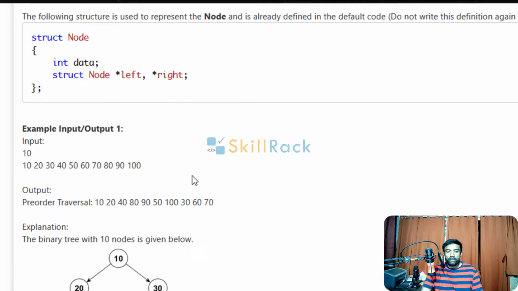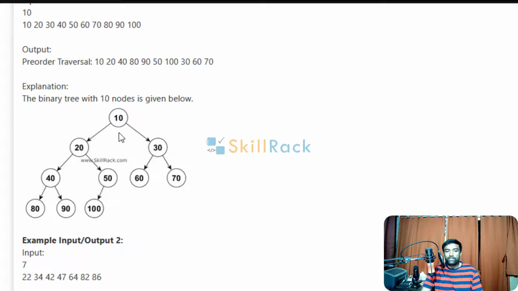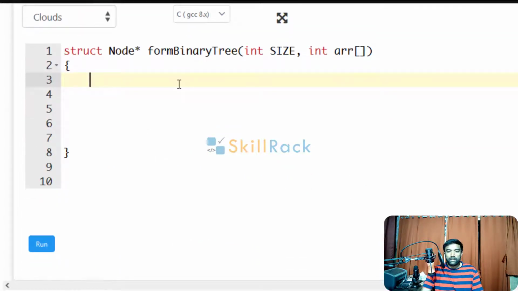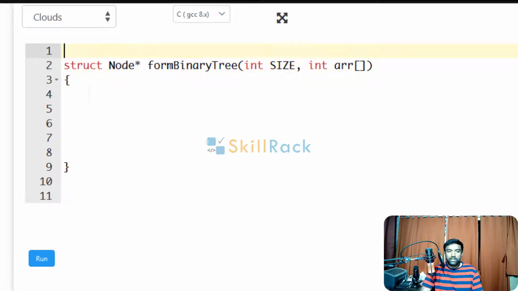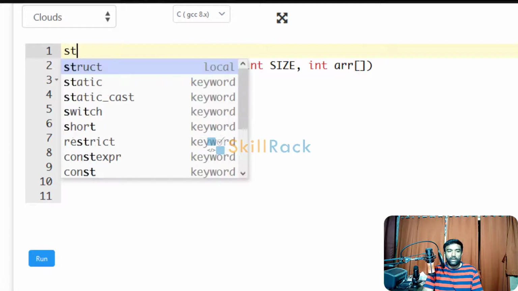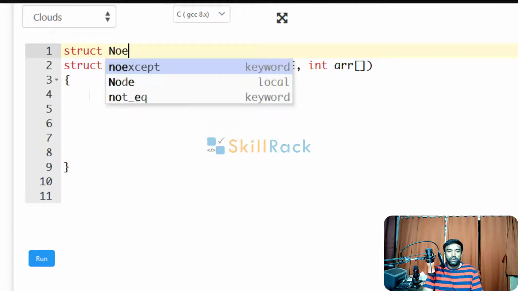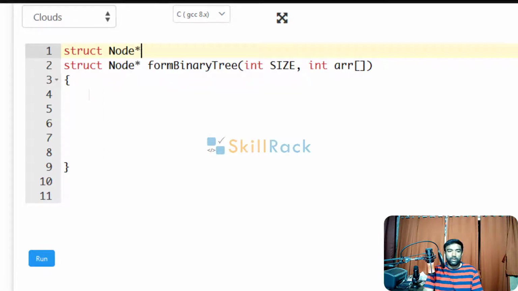Now we have to populate the values in such a way that the root node is pointing to left and right, and in turn the left and right nodes are pointing to their children respectively. So let us start. First, we are going to create a function called insert node, which returns a struct node pointer.